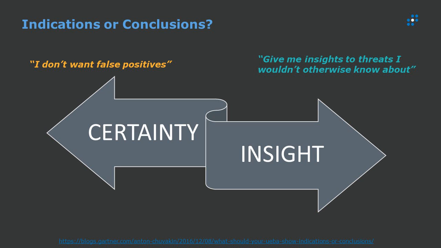But, you know, this user who's perhaps being bribed or a user whose credentials have been compromised, when they start behaving in different ways, you can't really describe that with rules. You can't describe it with a scenario. You need something that can surface changes in the way they behave in the environment. And therefore, I would argue you actually need both of these, and you have to accept there's going to be a level of uncertainty when you're going to surface insights into threats you wouldn't otherwise know about.